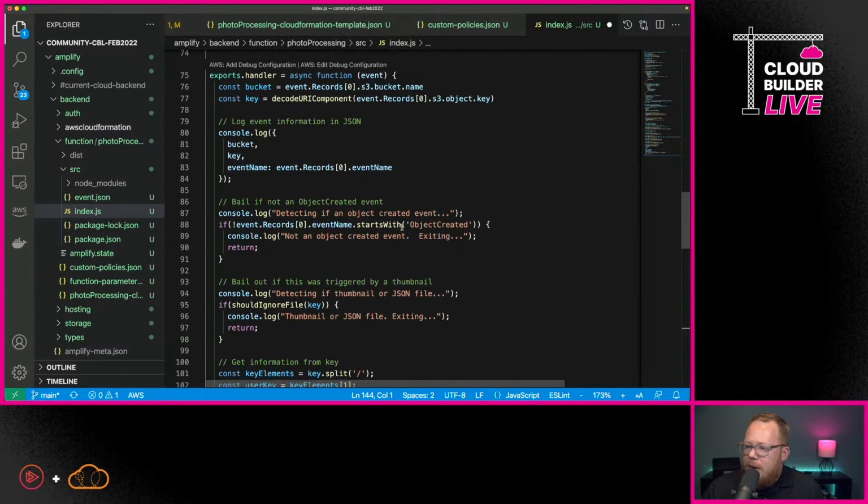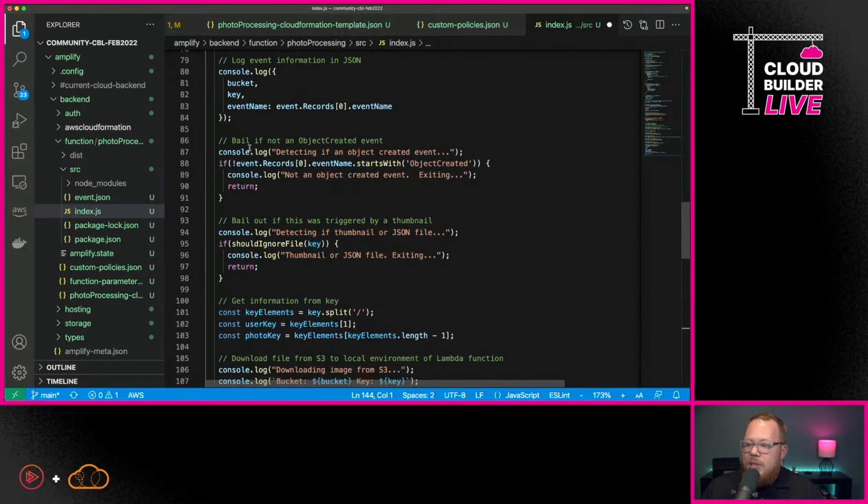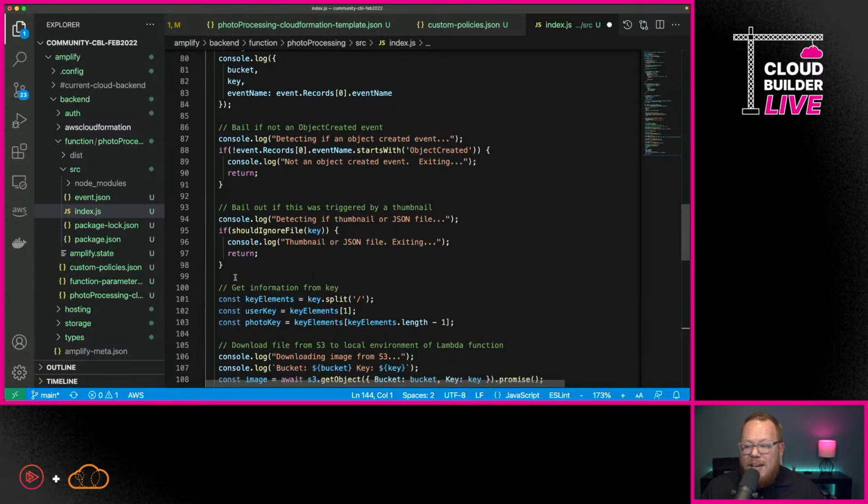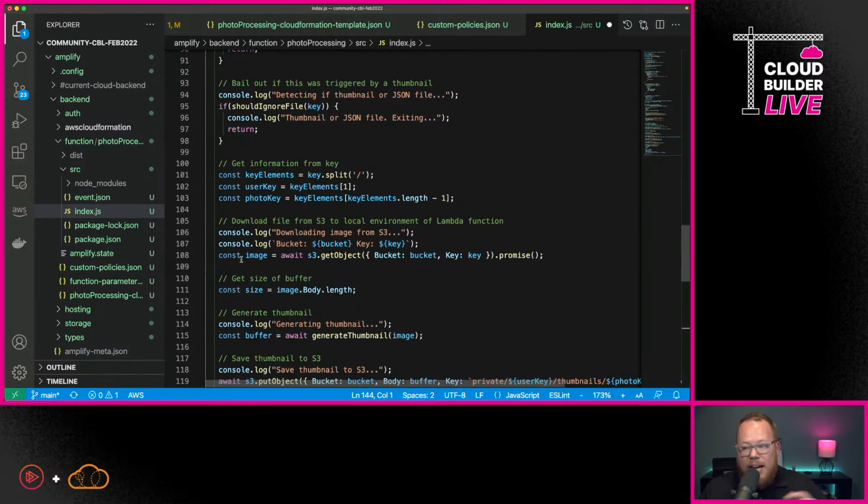So what we're doing here is we're getting in an event, because if you remember, S3 is actually triggering this function for us. We don't have to trigger this manually. So S3 is going to pass it information about the file that changed. We'll log out that information. And then we're going to say, if this is not a new object, or if this is just a thumbnail or a JSON file, we're just going to drop it.